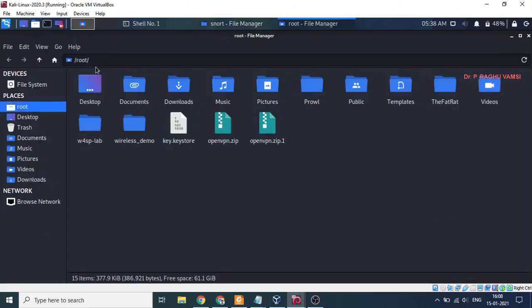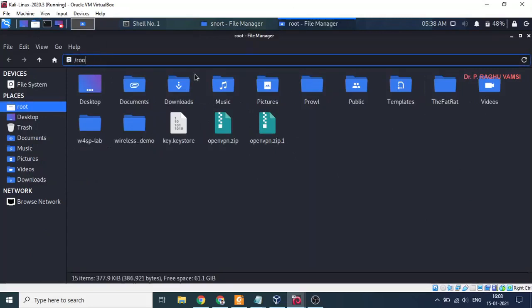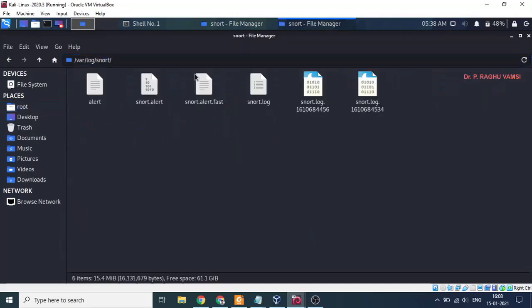And let us open some log files related thing. In /var/log/snort, you will find alert, snort.alert, snort.alert.fast, snort.log. Like that you will find the log files.